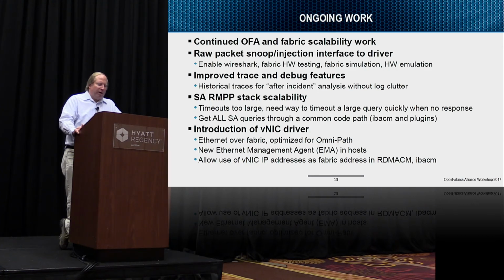We've done some work in the SA area, but there's still work to be done. One of the interesting challenges in the current implementation of the interface is that when you issue a UMAD request in order to do an SA attribute, you have to specify a timeout for receiving the response to the entire attribute. And so most applications, not being sure what size fabric they're on, generally specify a rather large value, because there may be a large number of RMPP packets, and there may be contention and competition at the SA that slows down the response. So many of the applications are hard coding timeouts like a minute or two, and this